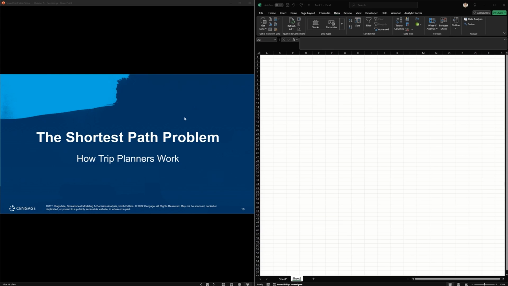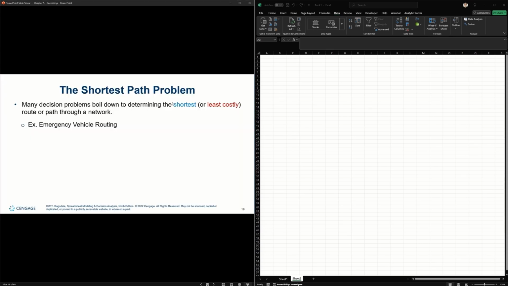Let's move to the shortest path problem. This problem could be considered a transshipment problem, but a special case of that kind of problem. To simplify it, we're trying to find the shortest path in terms of, let's say, duration. We can have that in terms of distance,